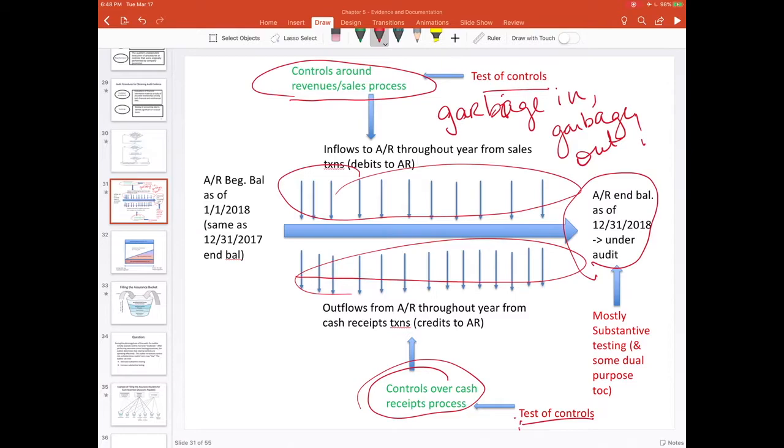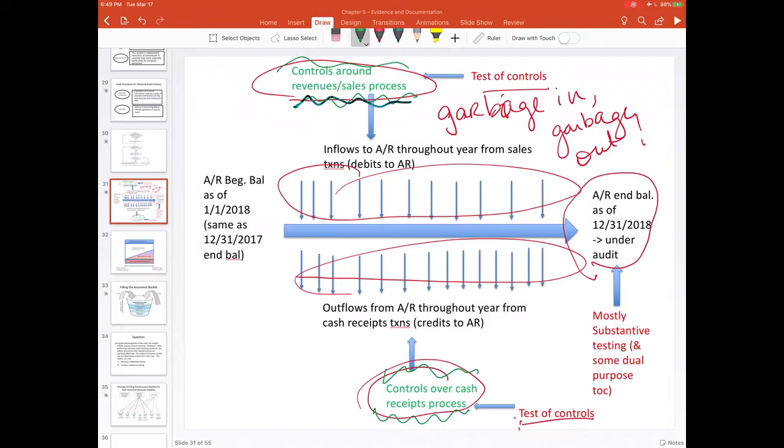So your risk assessment procedures will hopefully inform you as to whether the controls around the different processes are reliable or not, whether they're good or bad. And hopefully you can figure that out before you go into your controls testing, because it will save you a lot of time if you can figure it out before you actually test the controls. And usually it is possible to do that because most audits are recurring year after year after year. And so you'll probably know from last year whether or not the company's controls are effective in all the different